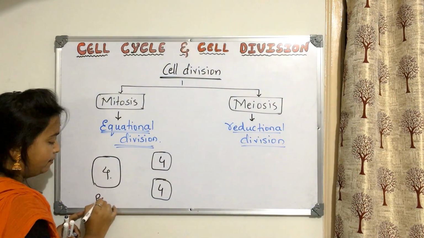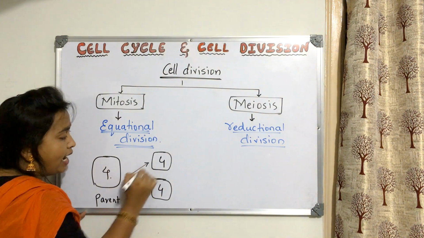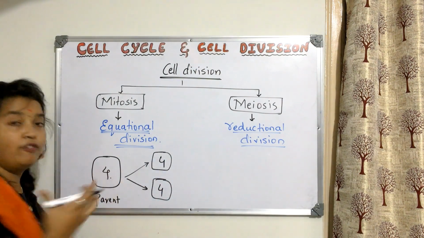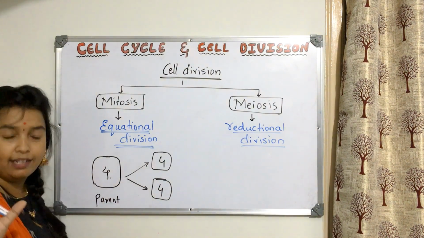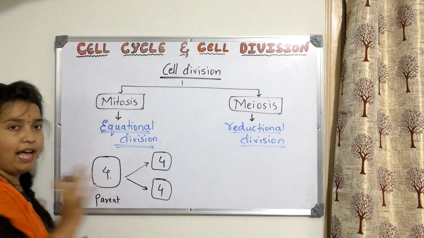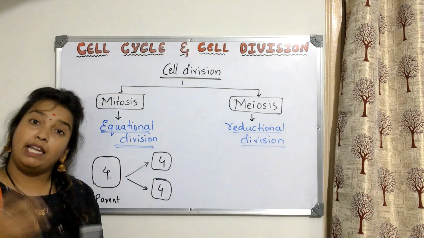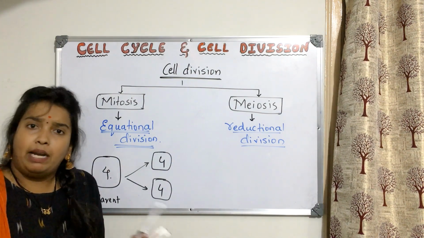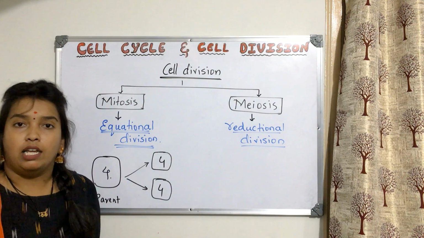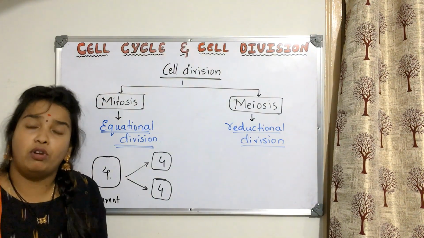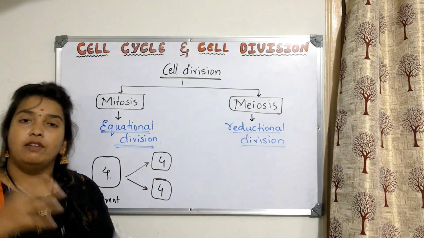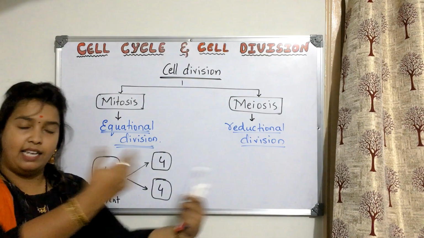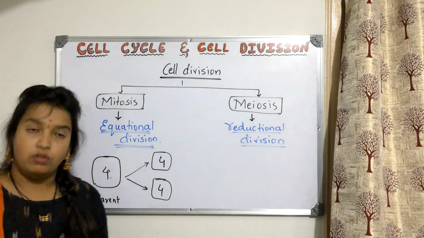One parent cell divides and forms 2 cells. And what is the number of DNA or number of chromosomes here? Actually, this is not chocolate. This is chromosome. Every living organism has a particular amount of DNA, and you know that DNA condenses to form chromosomes. It depends upon the amount of DNA. In human beings, after condensation, we will have 46 chromosomes in every body cell. 23 from father, 23 from mother. So that also we will discuss.